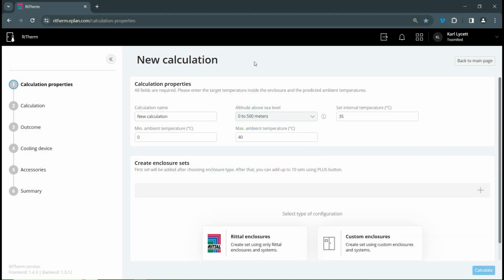So here we come to what could be argued is the most important piece of information you need to include in your calculation, which is the calculation properties section. First off, you can give this calculation a name, because remember, this is a calculation within a project. So you can have multiple therm calculations for different enclosures on the packing line or wherever it is in the factory under one project. And what we need to put in here is firstly the altitude above sea level, because